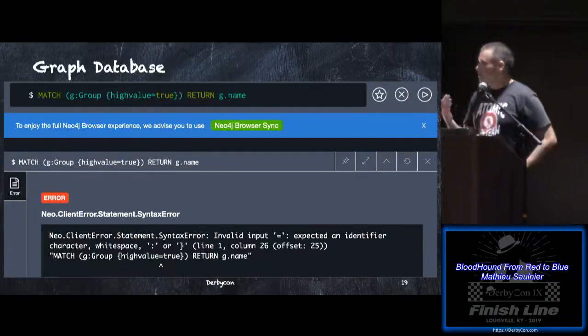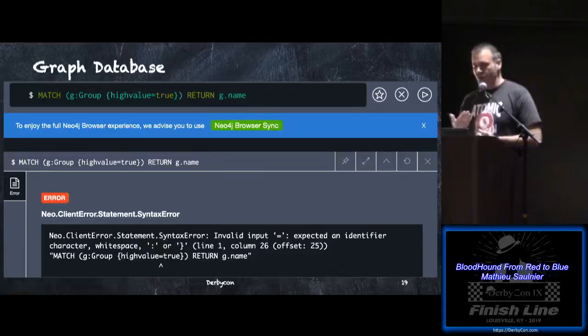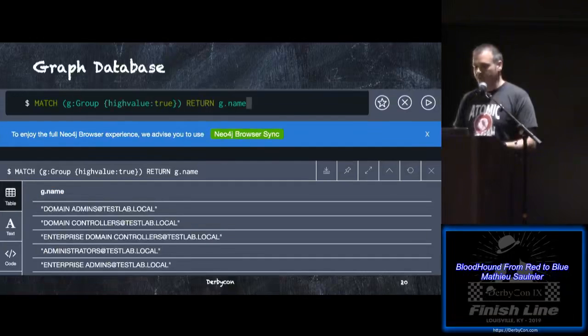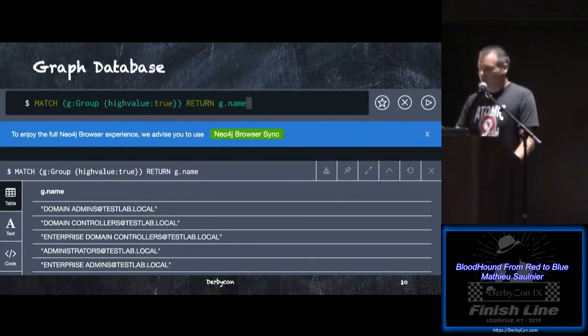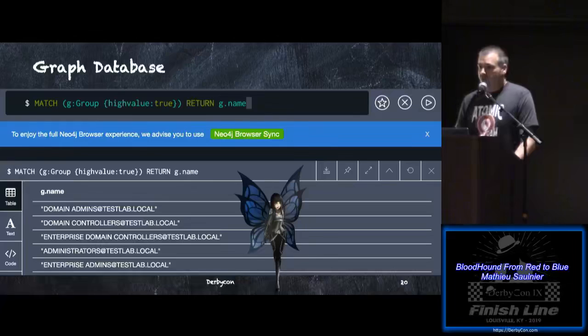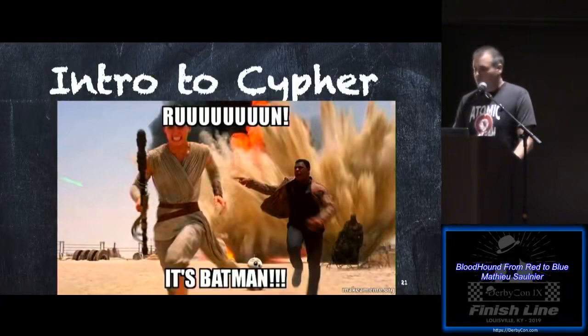So yeah, graph database. One of the reasons to use the web UI instead of the console is that if you make a mistake, you'll know right away instead of the little doggy running forever. Here, for example, I put an equal sign instead of a semicolon, and the interface tells me. When I fix my query, I get the actual result. You can also return properties, which you cannot do in the BloodHound GUI. And the web console, as you can see, has a dark theme,